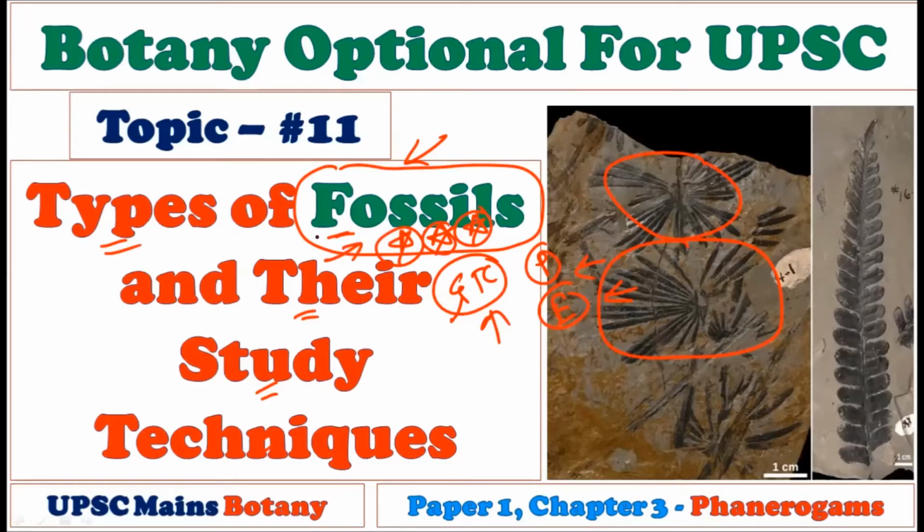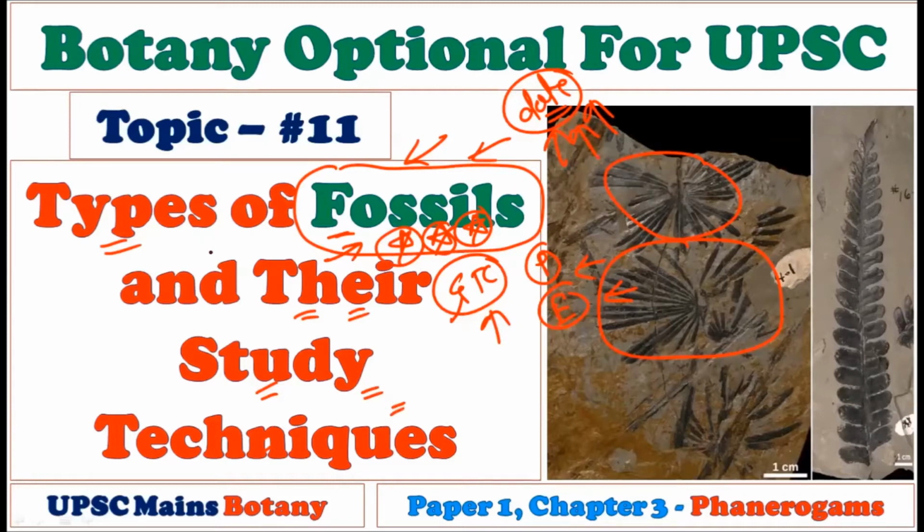That is why we should know what a fossil is, which types of fossils there are, and how we can study them, which study techniques are there to study these specific fossils. Generally, we have been told that fossils give us the right idea of which kind of plants or animal life was there on Mother Earth in which period. So how can we date a particular fossil, and how can we place such a fossil into specific periods, eras or epochs? All these questions come under the study techniques of fossils.